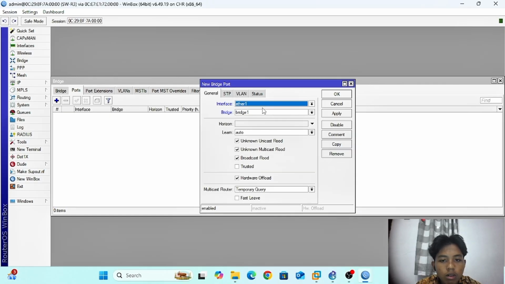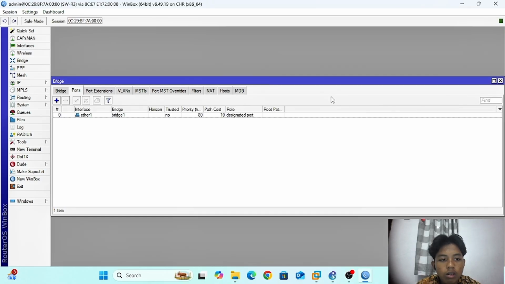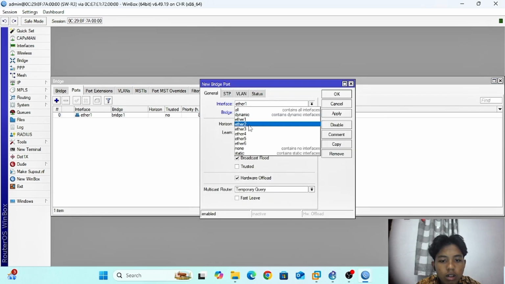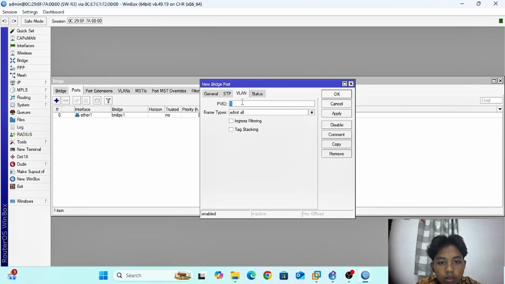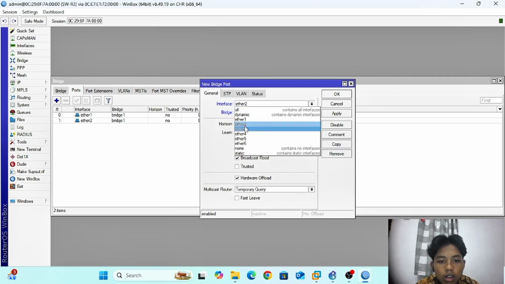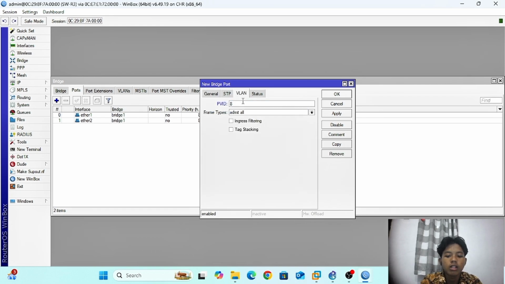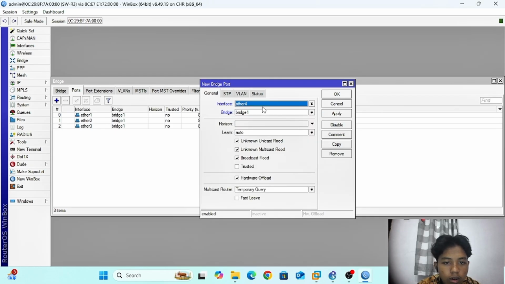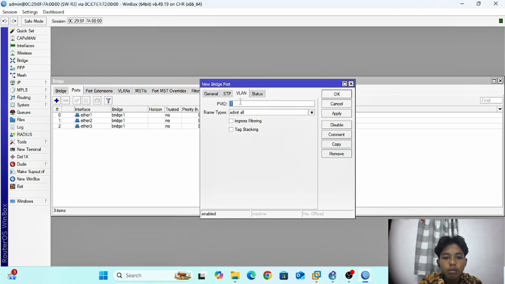At the port, add Ether 1, apply, okay, and Ether 2 with PVID VLAN ID 18. Apply OK and add the same for Ether 3, sorry, with VLAN ID 18. Apply OK and add Ether 4 with PVID VLAN ID 19.